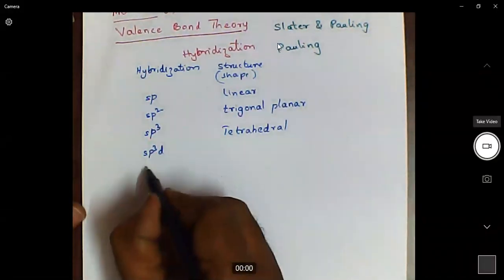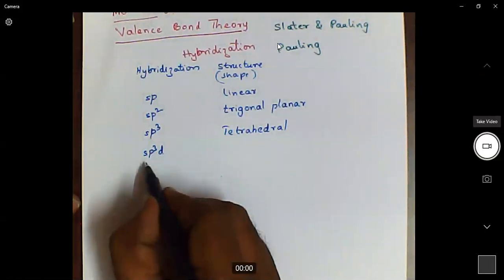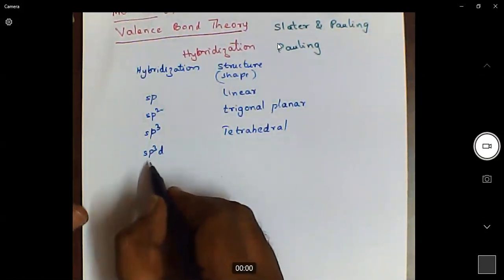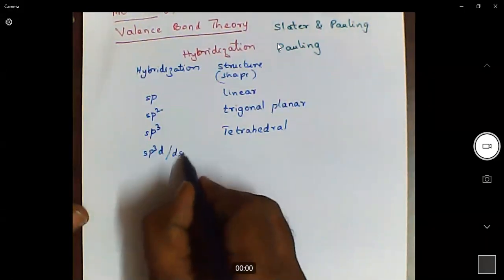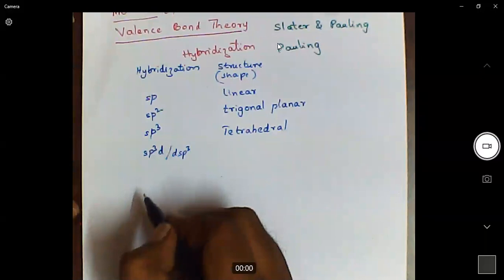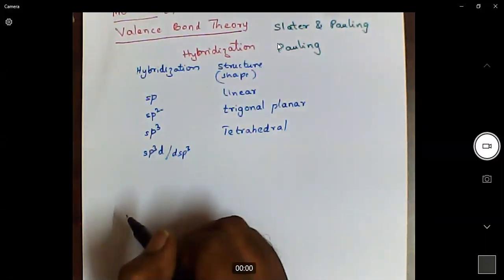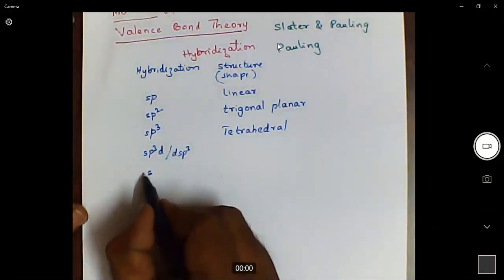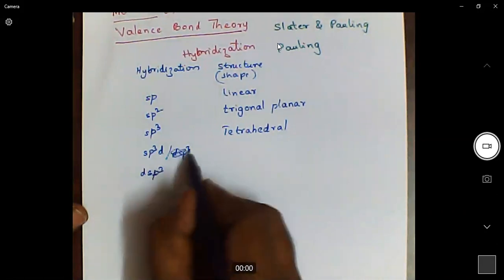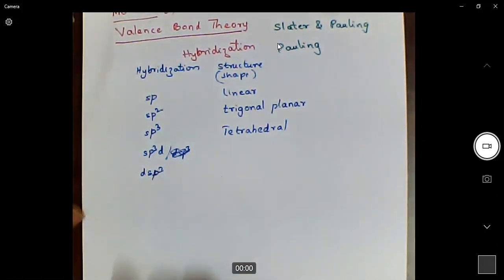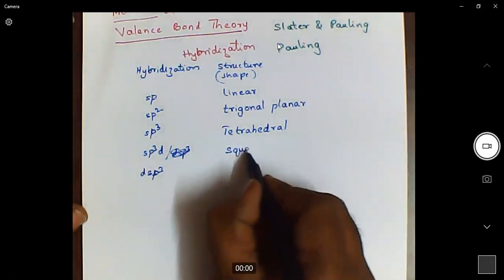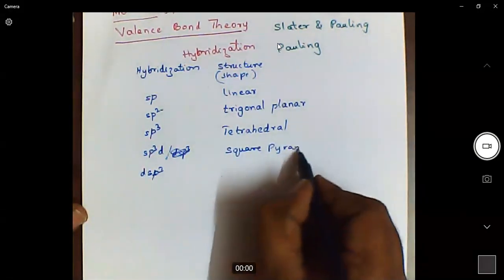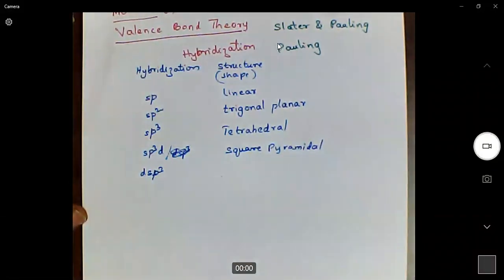We can also have sp3d hybridization or dsp3 hybridization. But there are differences. Okay. sp3d hybridization is square pyramidal shape. sp3d hybridization is square pyramidal shape, whereas dsp3 is